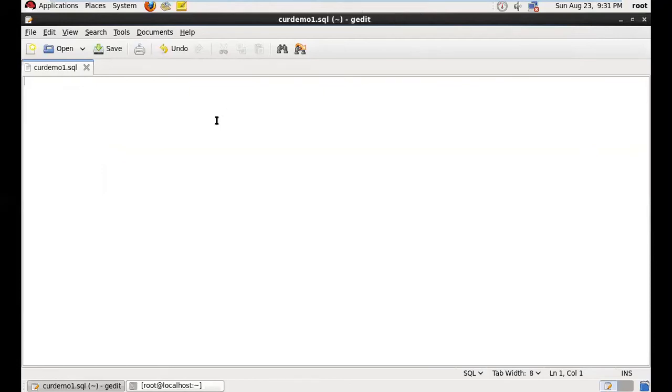Hello students, today we will see the practical section of cursor. So how to create a cursor? For that, first we will write one function, create or replace function print_data. This function will return the count of the data as